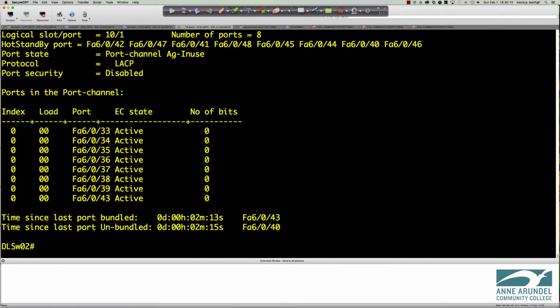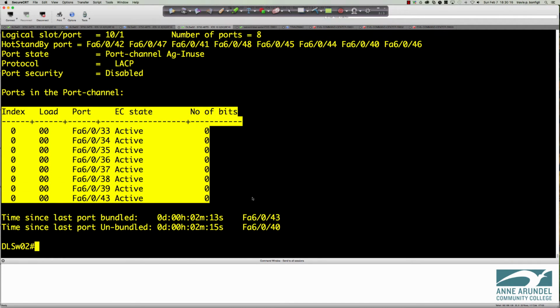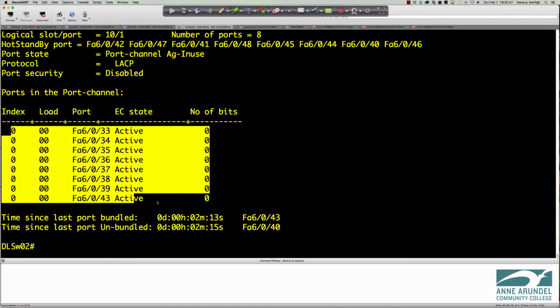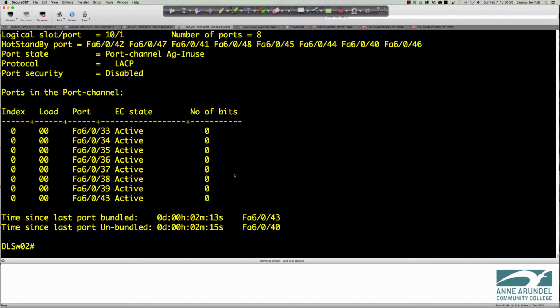Now this is a great command, and take a look here. It gives us all of the ports that are in the port channel. And this was bothering me earlier today when we ran upon this. We were doing the packets and checking the packets and using the test command, and that was fine. However, on 6500 series switches and on 4500 series switches, you end up with the ports indexed, and it shows you a value in hexadecimal for the load, and you get a bit count. The reason that all of these values are 0 and will remain 0 is because the 3750